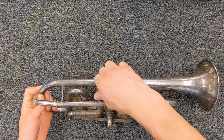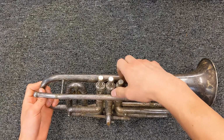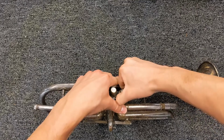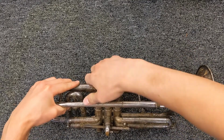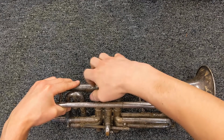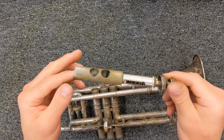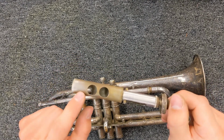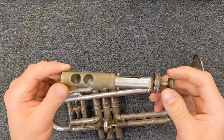So now let's see if we can get any of these valves out. Okay, well, oh boy, lucky for us, the one that's really stuck is the one that comes unscrewed. Okay, well, that's really in there. We're going to leave that. There we go. So let's check how these valves look. Take that off. Oh, that's not so great. It looks like pretty much all of the plating has come off. A little tiny bit of plating left, but most of it looks like the plating's pretty much gone there,